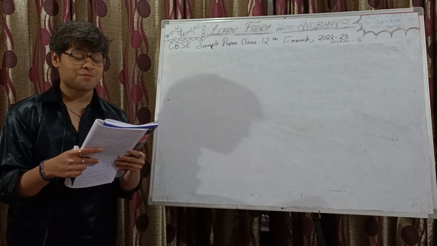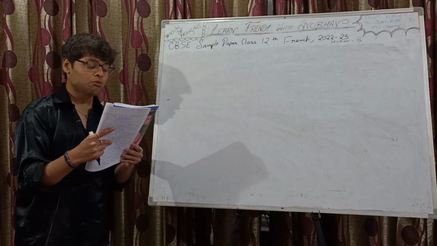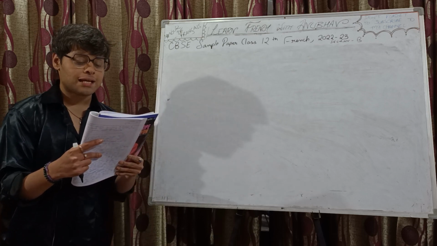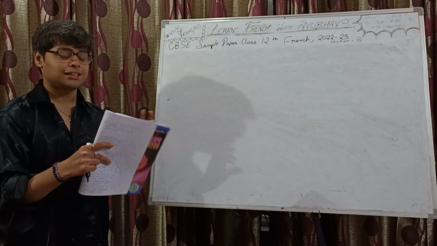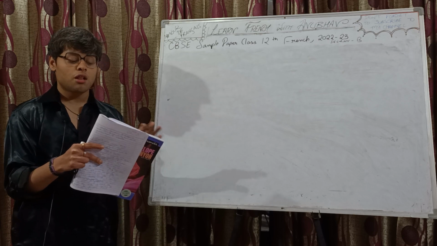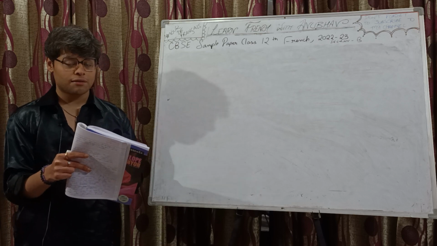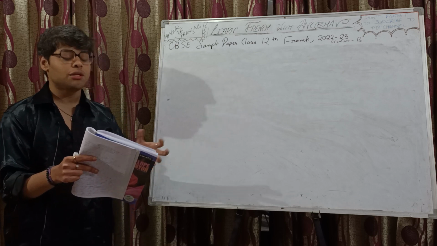Histoire in this context means story, okay? A story of around 120 words while using the following words. Now, you'll see in your question paper there are around 10 to 12 clues or hints given, right? So you need to combine all of them together